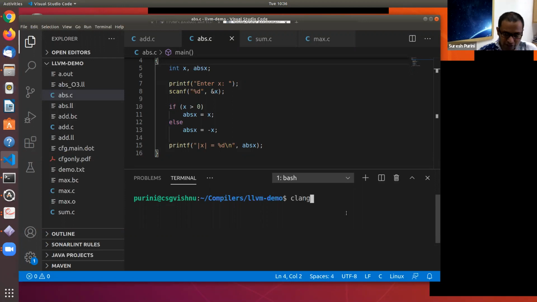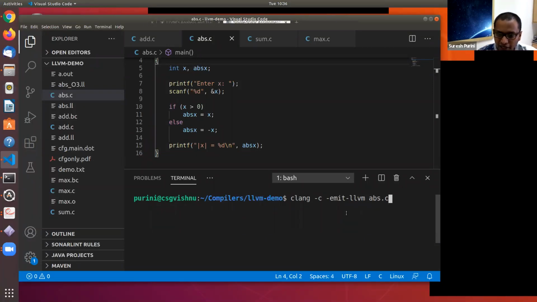If you want to see what is happening, let's use -O0. But we don't even need to use the O0 option. So if I say clang -c -emit-llvm abs.c, then it generates a file called abs.bc.